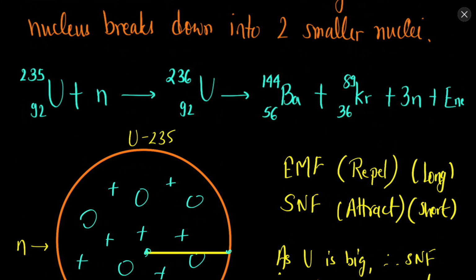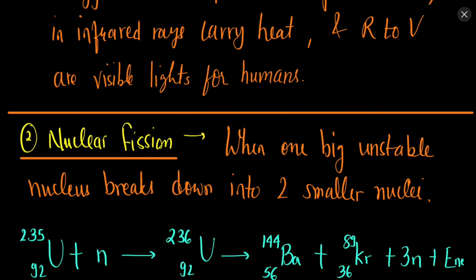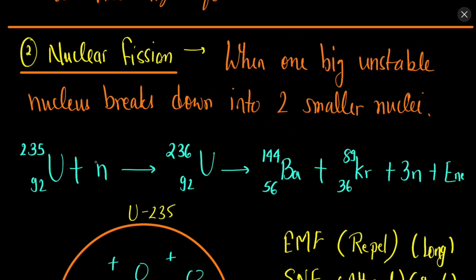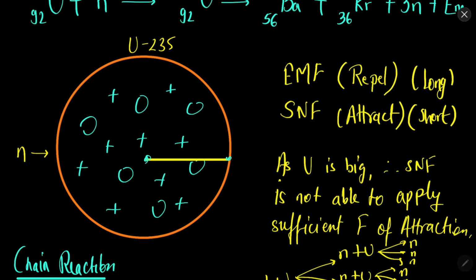Now there is this concept of chain reaction in nuclear fission. As discussed, why do we use a neutron? Even without using a neutron, uranium can break or split. But if you want to instantaneously, at a particular moment, break the uranium, just collide it with a neutron, it will break. Okay, because it is unstable in the beginning itself, and if we nudge it just a little with a neutron, it will instantaneously break.